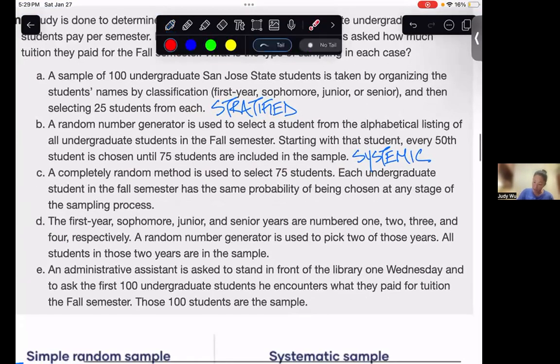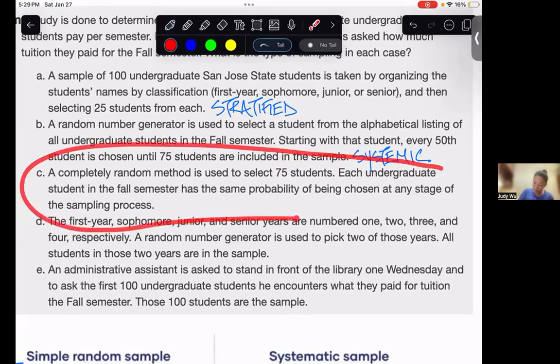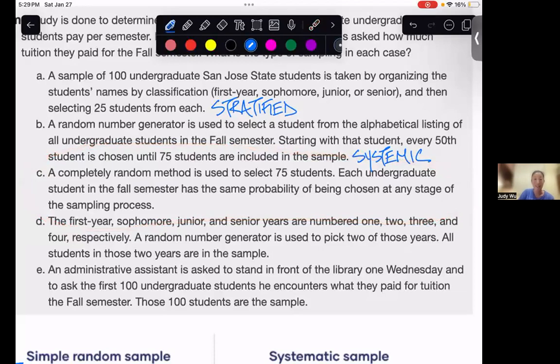All right. Moving on to C. So a completely random method is used to select 75 students. Each undergraduate student in the fall semester is the same probability of being chosen at any stage of the sampling process. Now, again, this actually might make those of us who like a system super, super nervous because this is what we call a simple